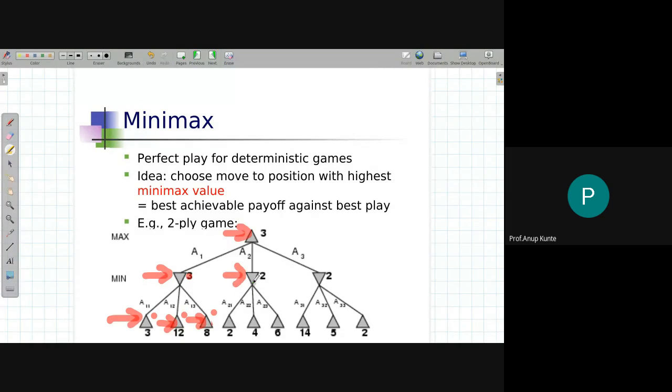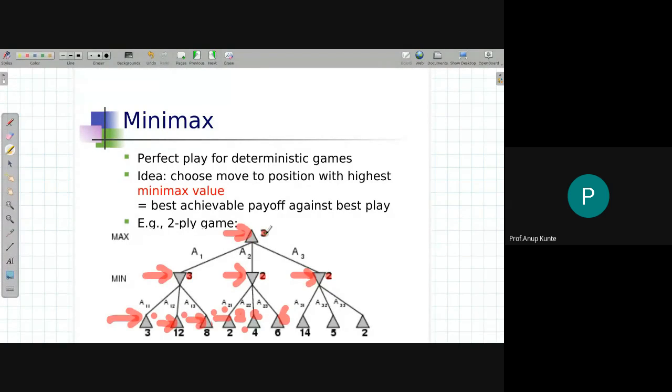Similarly, after this minimax value is obtained, my algorithm will pass down to this step, where to get the minimax value of this node, I need to get the minimax value of this one, which is 2, then this one, which is 4, then this one, which is 6. So 2, 4, 6, 2 is the least, so I choose it as the minimax value of this node. The same way, I will figure out the minimax value of this node to be 2, and once I have the minimax values of all these 3 nodes, I can choose the max out of them as the minimax value here. So the minimax value at this node is 3.